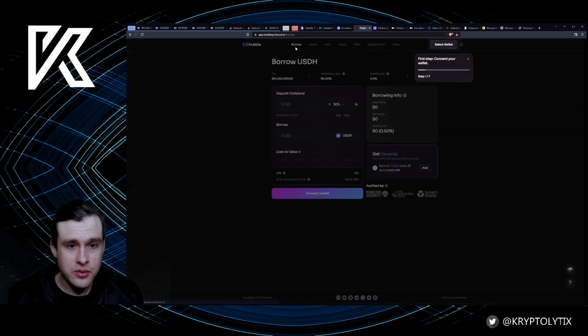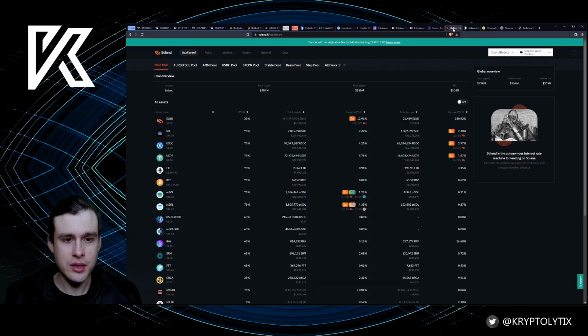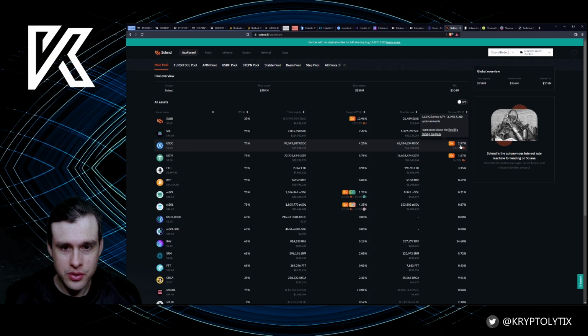So let's get into the actual protocol itself, because it's good to cover risks first before we dive into potentials, right? So just to remind you, Hubble is a kind of lending and borrowing protocol. You're able to put down collateral, earn yield on that collateral, borrow a stable asset against it, and then deploy it elsewhere in DeFi to earn yield on that stablecoin. And because you're not really paying much interest to do that, if you were to do this in, say, Solend, for example, you would be paying to borrow stablecoins around